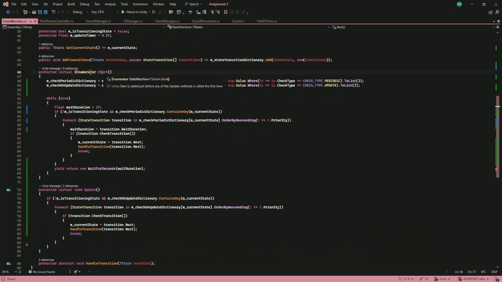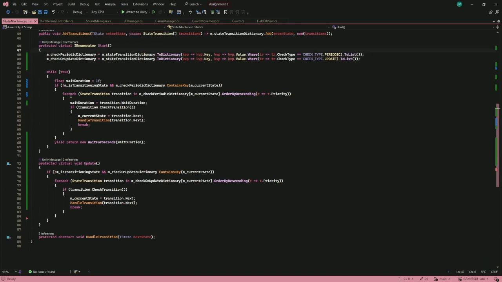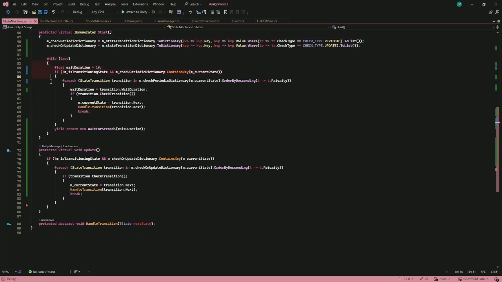I've used the Unity start function and turned it into an enumerator because I want it to always run. It's just kind of a shorthand of running a while loop coroutine. And at the start of it, I just create the periodic and update dictionaries depending on what their check types are. And then indefinitely, while the game object is currently in the scene, it will